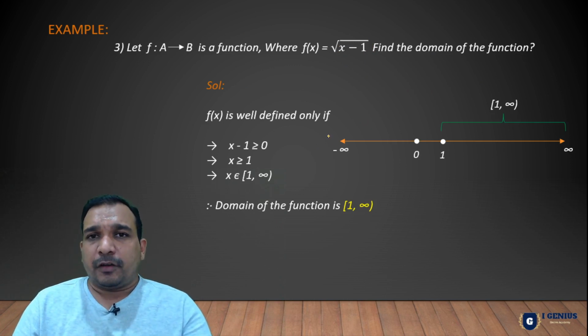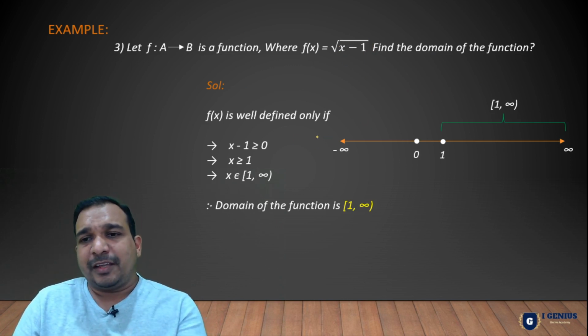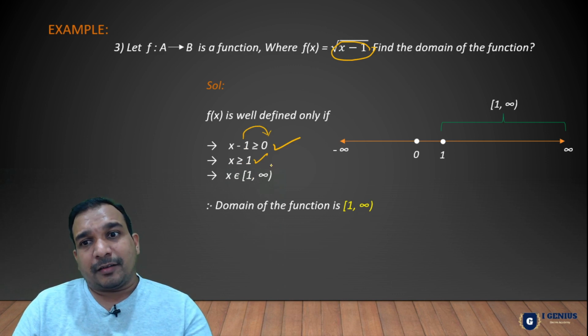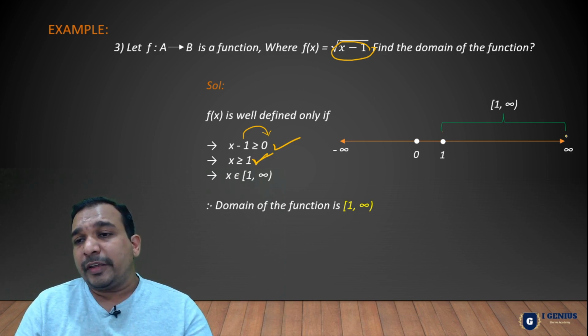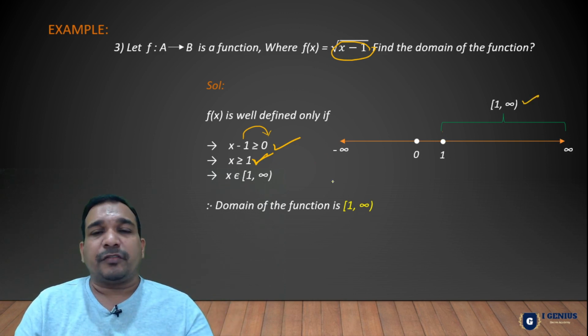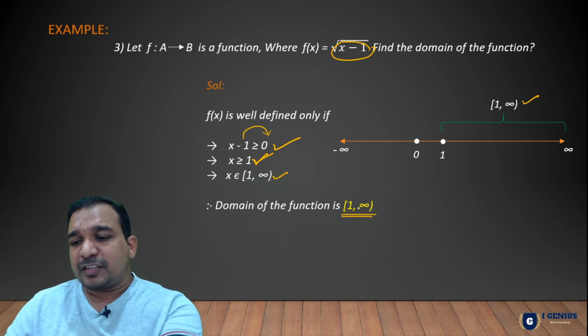Okay. So if you face any problem writing 1 to infinity, I have given the explanation how to write it. As I told you, under the square root it must be greater than or equal to 0. First step is that. Then bring this minus 1 to the right side, it becomes plus 1. So x greater than or equal to 1 means here 0, 1, 2, 3 and so on, infinity is there. We want more than or equal to 1. So 1 to infinity. What is the end point? More than or equal to 1 means 1 to infinity. So we can write the interval as closed 1 to infinity, which is the domain. Okay, guys. So let us move to one more example.